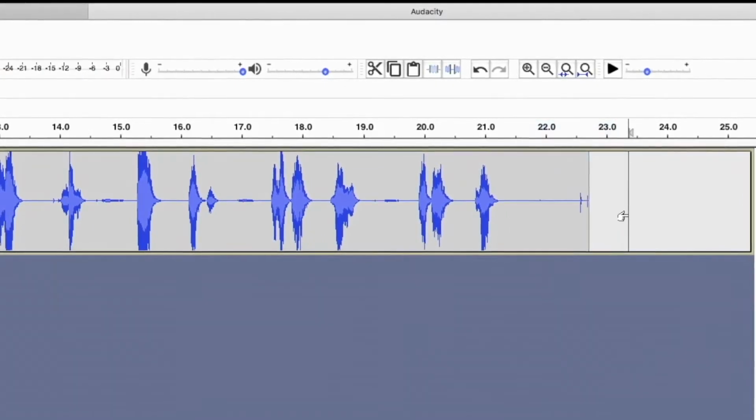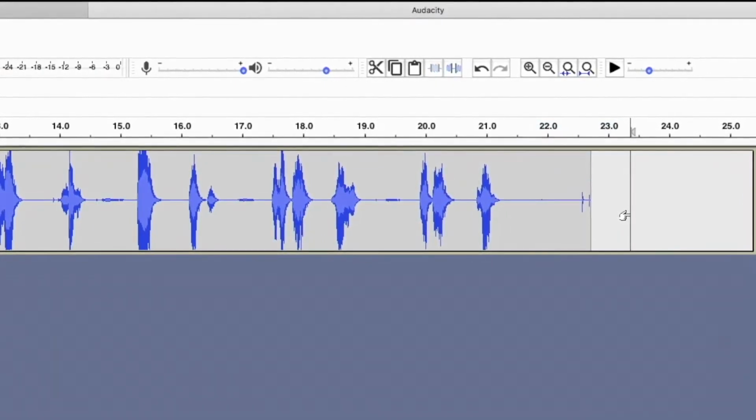So what we do when we edit with Audacity is we highlight the bits we want to work with, the bits of the track that we want to do something to. Okay? So this section here, I want to delete. So first of all, I need to highlight it. I highlight it just by dragging the mouse. Click with the mouse, hold it down, and drag it over to the left, because I'm going backwards, and then